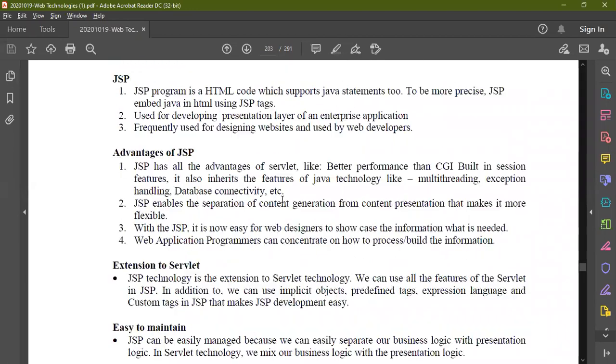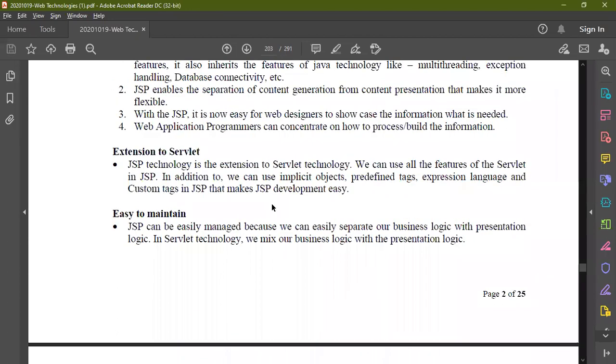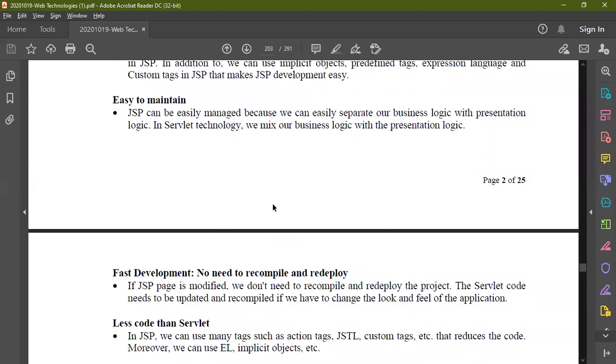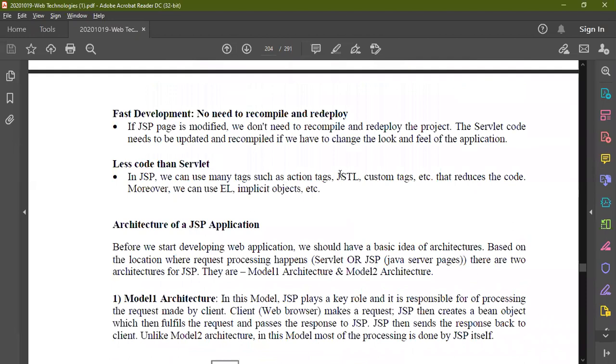We also discussed the advantages of JSP over servlets and other features, like it is easy to maintain and develop, and less code is used. We also discussed how to create a simple JSP application in the Eclipse IDE.